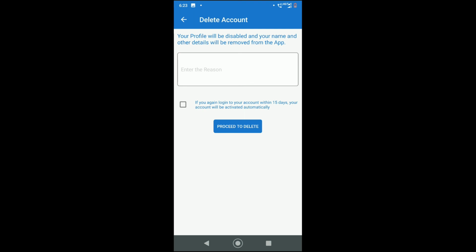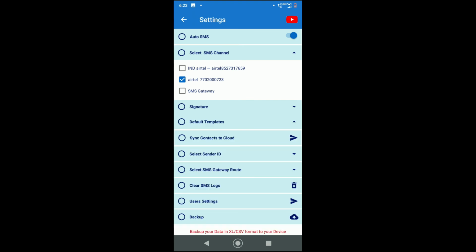So once you submit the delete, you should not log into the app for the next 15 days. If you log in within that time, the delete will be reverted. If you do not log in after 15 days, your account will be deactivated and you can't log in. Okay, so that's all about settings.